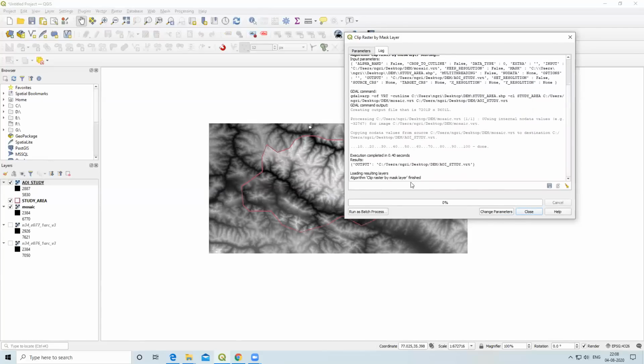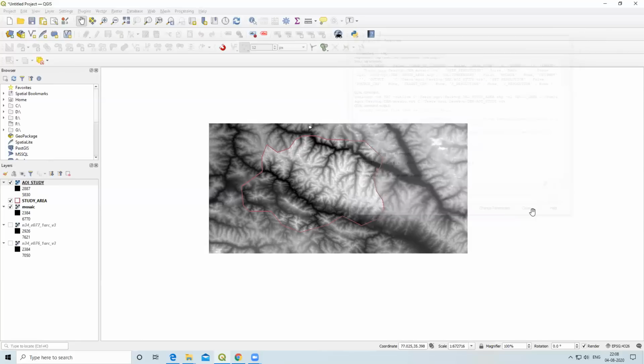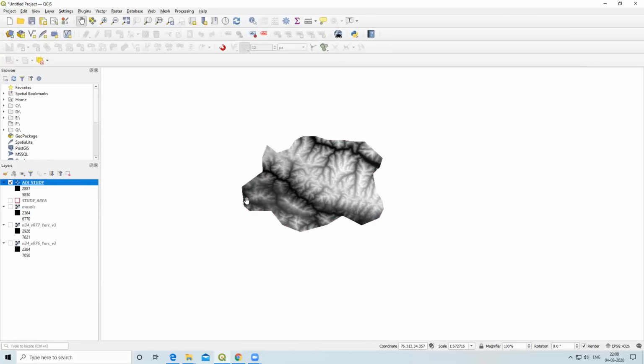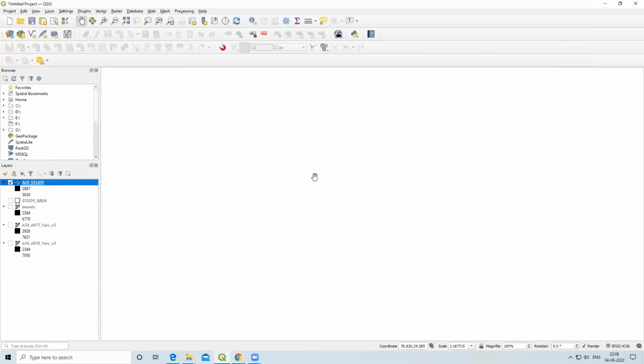After that, algorithm clip raster by mask layer is finished, and close. Now we can observe the output result. This study area we can crop like this.